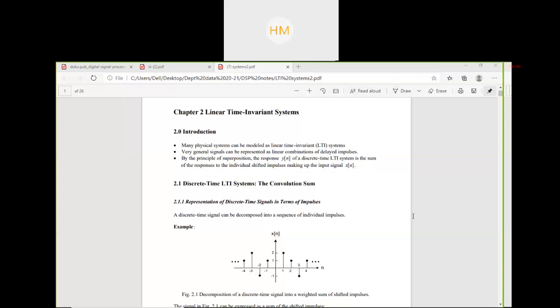Yes, ma'am, but okay, you are unable to solve. So write down the steps. I will just dictate the steps. First, I think y of n was given to you. Please type it fast so that our time should not be wasted. You have to find the input x of n. Clear? So what was the first step in this?